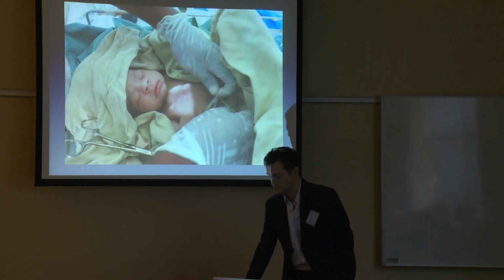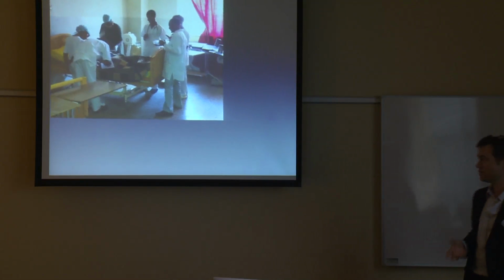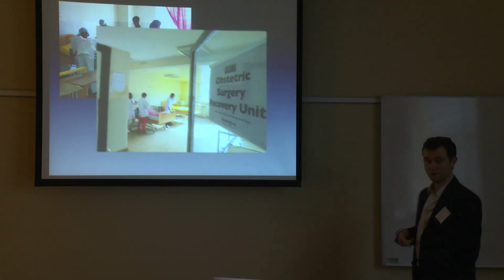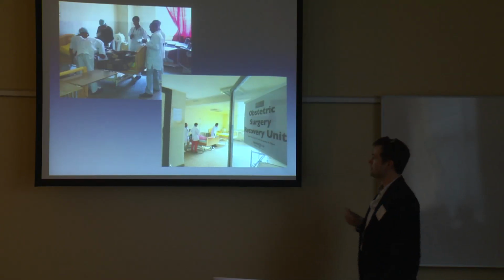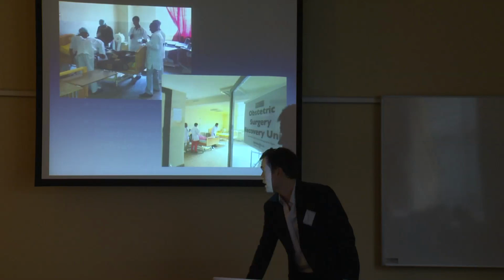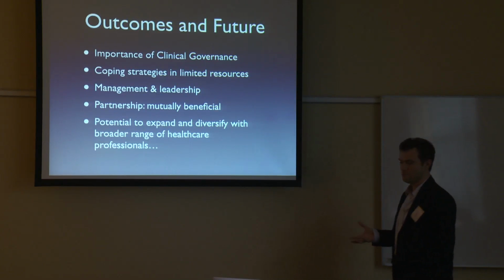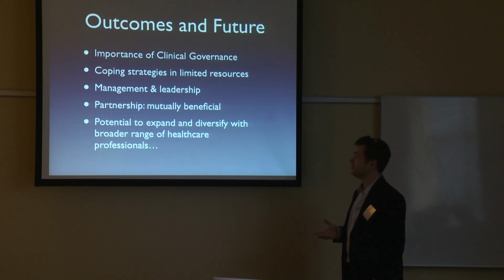Babies were being resuscitated properly, and I'm told from both other visiting lecturers and Ethiopians that are also on Facebook, funnily enough, that this obstetric surgery recovery unit is still in use, which is great. So just to wrap things up, in terms of the benefits for me and the benefits for Jima University,